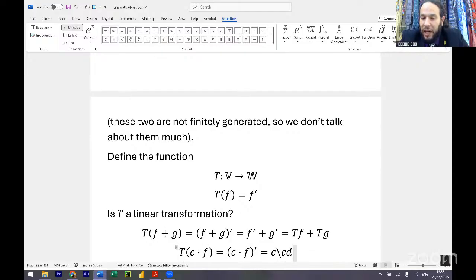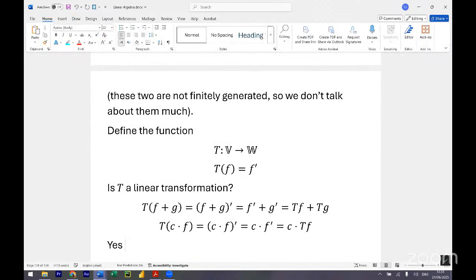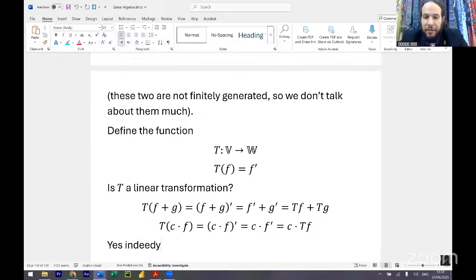It's c times f prime, which is c times T of f. So yes, indeed. Okay, that is an important linear